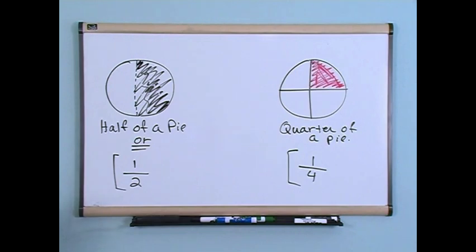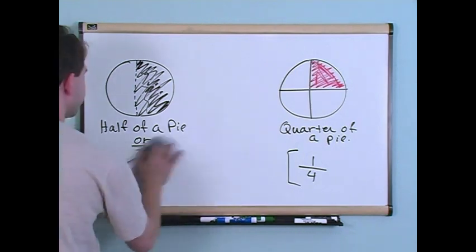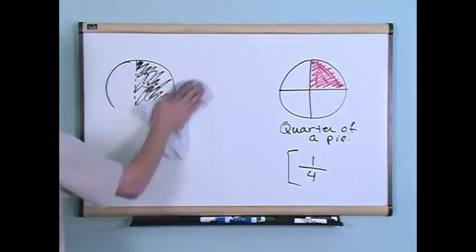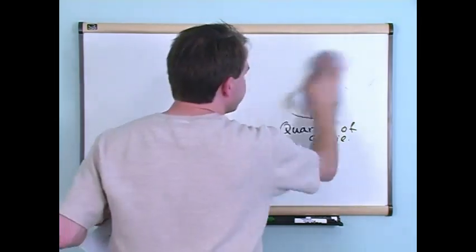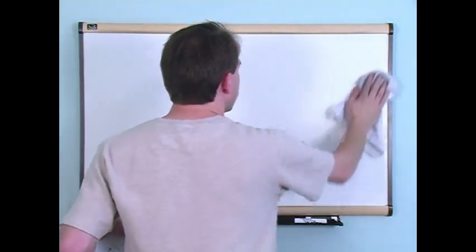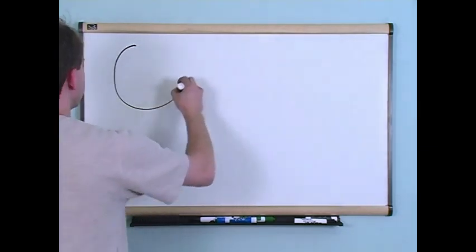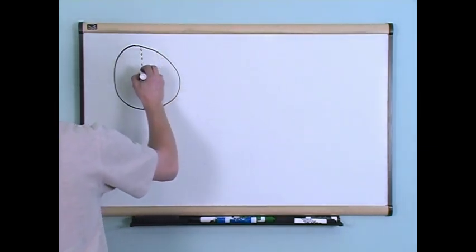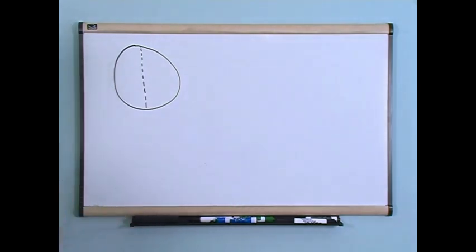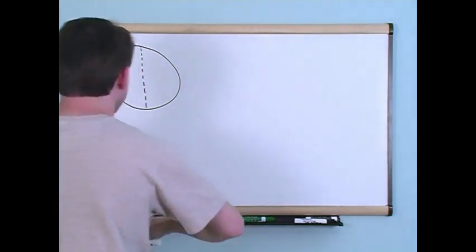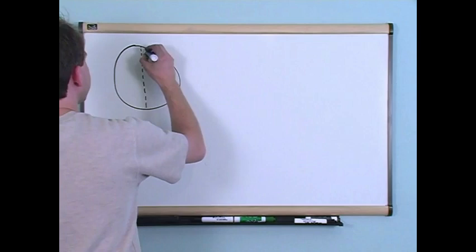Now, what I want to show you next is, what if I look at this half a pie in a little bit different way, okay? We just talked about what a half is, and we just talked about what a quarter is, okay? What if I took this pie, here's my pie, and I cut it right down the middle in half? And I'm going to use blue here because I like blue. And I take this half away,